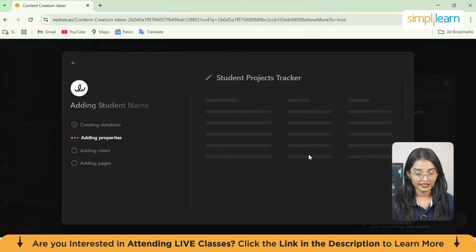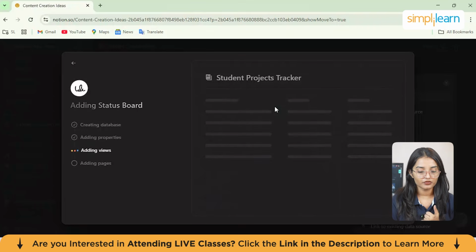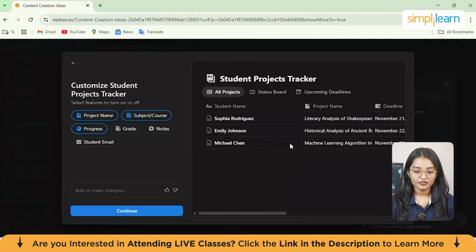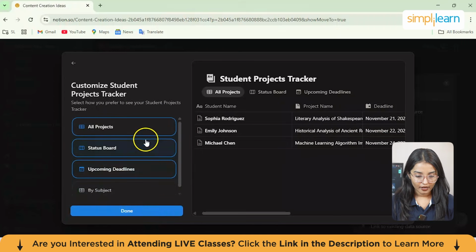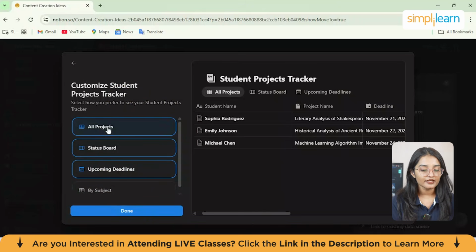Now it says it's designing the database for me and has also given the name as student projects tracker. Now it's adding properties, it's adding views, and then it will finally create and add pages. Yeah. So now as you can see that it has created a page for me, and you can customize student projects tracker, and then you can select how you prefer to see your students project tracker.